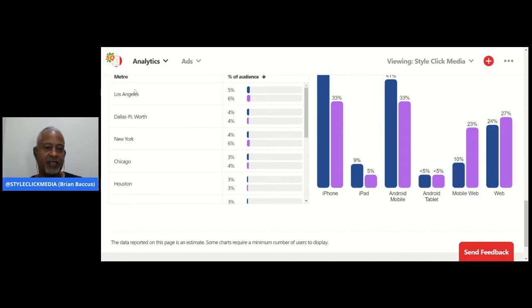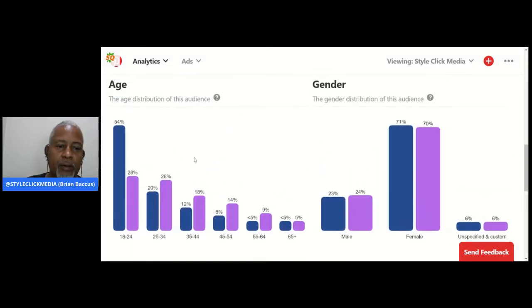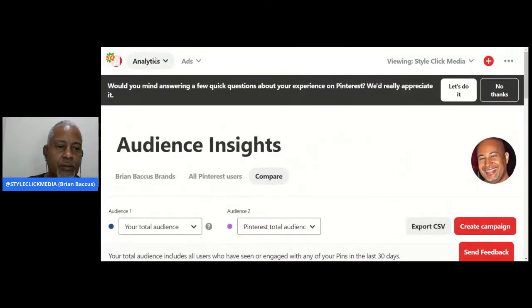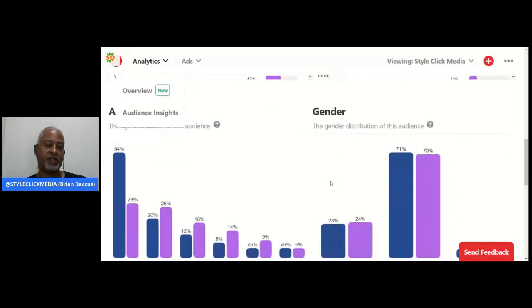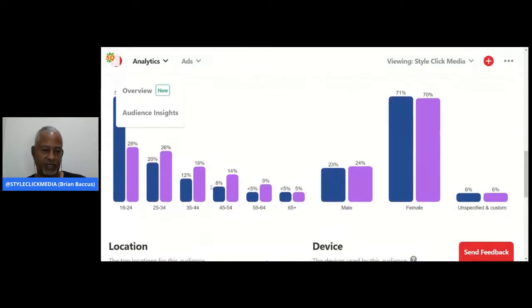And I'd have to actually look at that to see what that was. But here's the best part of that. 110,000 people in Los Angeles. You know what I can do with that? I'm going to tell you what I can do with that. So you see up here, if we go back to, it's probably going to open a new window, which I can't stand it to do that. But let's go back to, well, I'll talk about it right here. So 110,000 people, age range 18 to 34, 71% female.